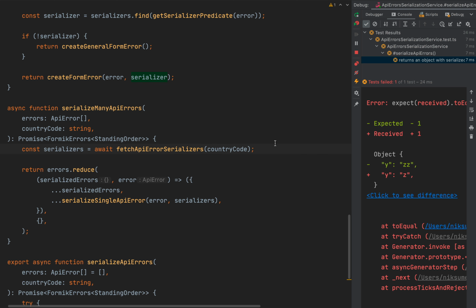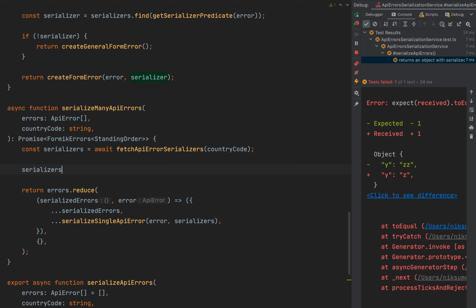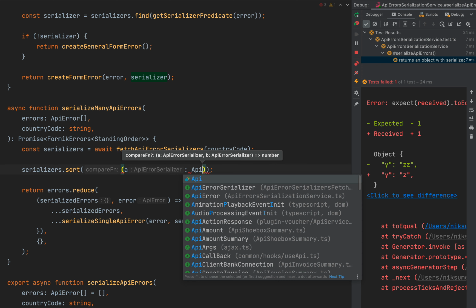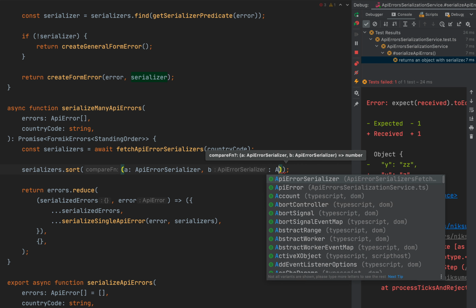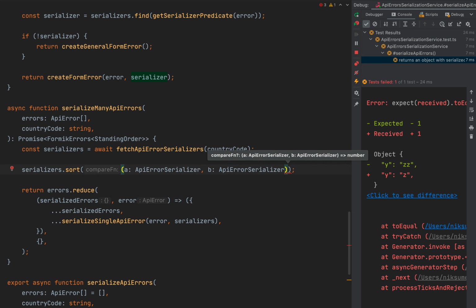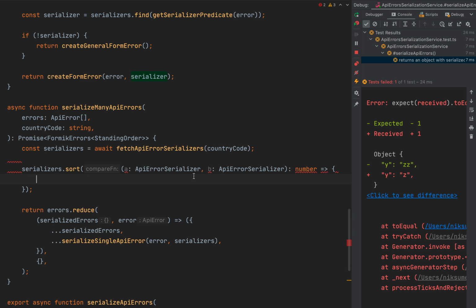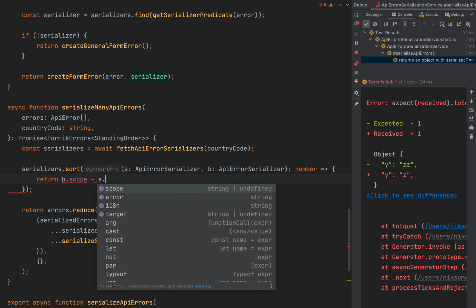And to do this, I was thinking to sort the array using the array sort method, which will have the first serializer and the second serializer. These are arguments for our comparison function. How to sort an array based on whether a serializer is defined or not is to deduct one serializer from another,